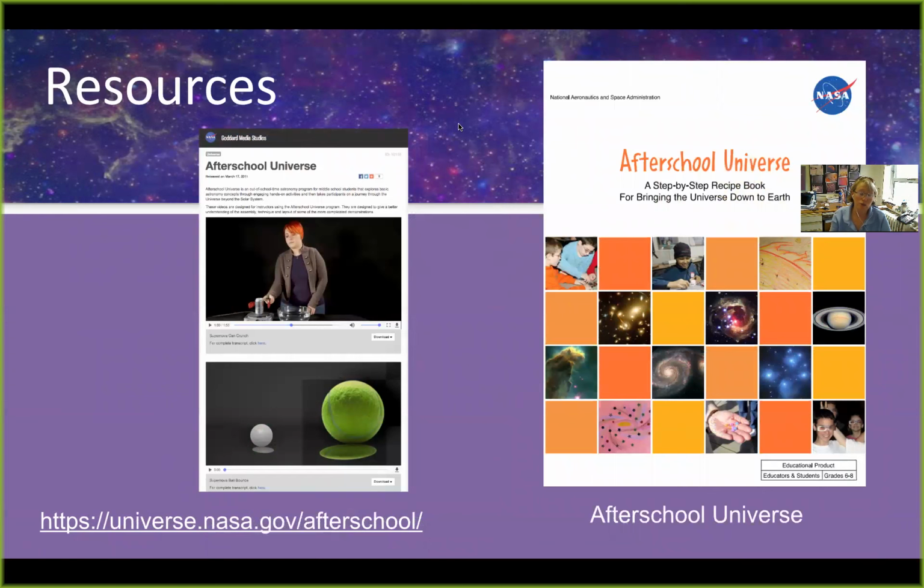An associated resource, that same activity is included in this larger set of activities called After School Universe, which has a whole bunch of activities like the kinesthetic life cycle of stars. It has some activities around simulating what happens during a supernova. And on the left side, there's also a series of video tutorials for how to do these activities.